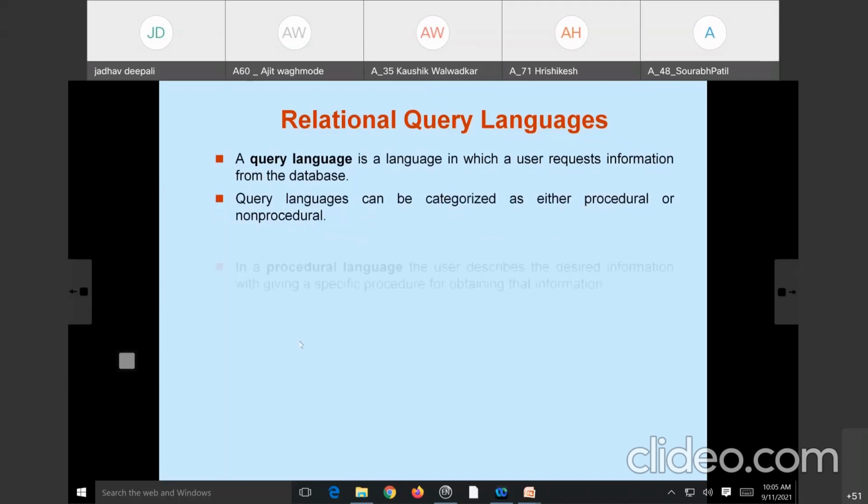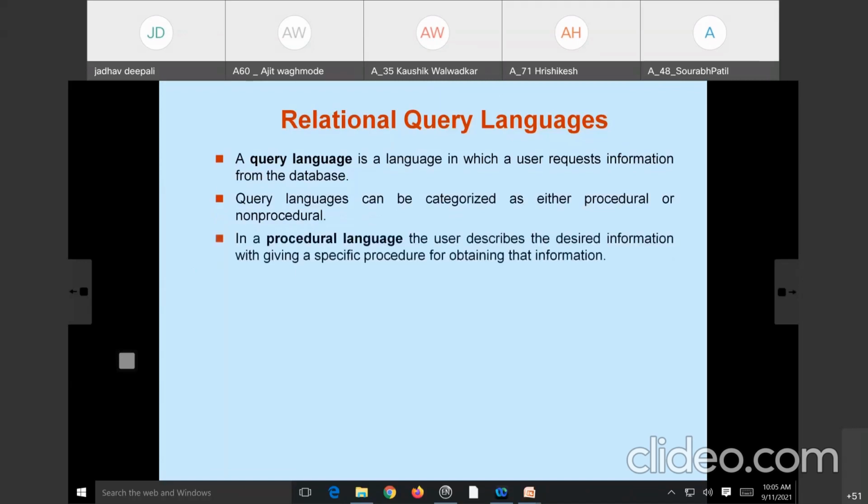In a procedural query language, the user describes the desired information while giving a specific procedure for obtaining that information.